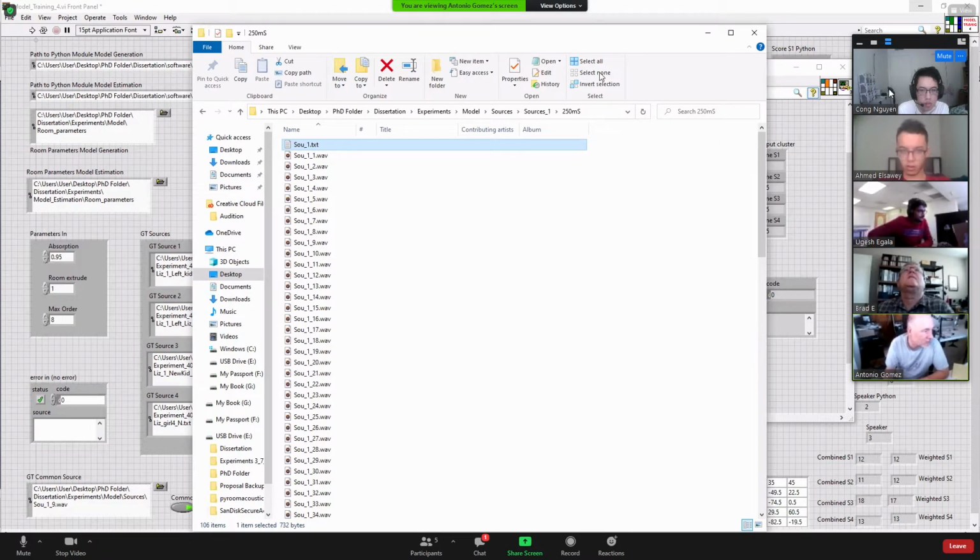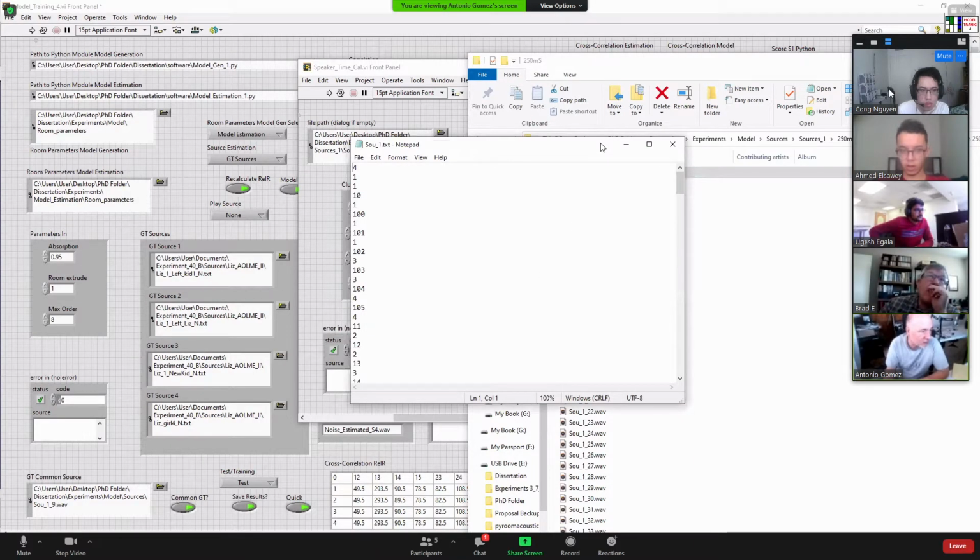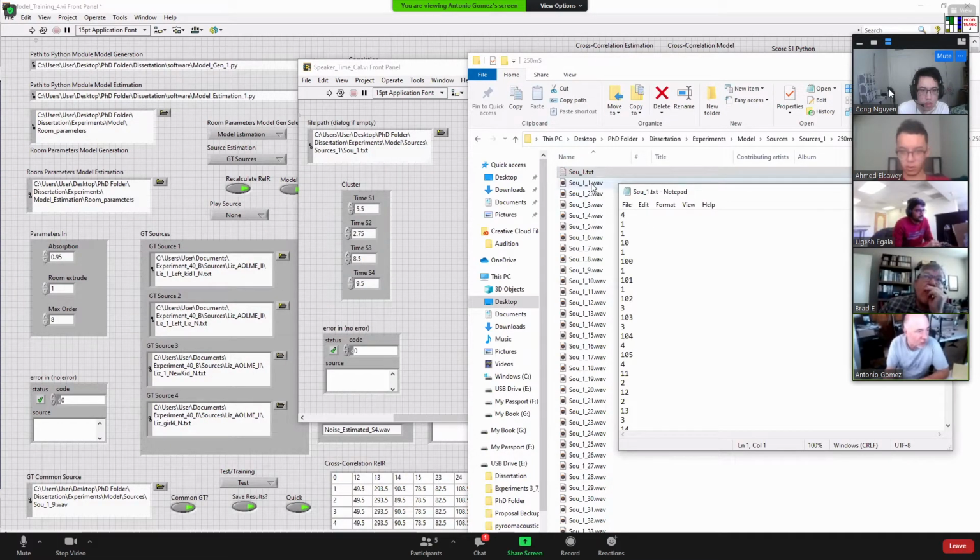It looks for segment number 1 here, and it tells you that in segment number 1 is speaker number 4. For segment number 10, it is speaker number 1. All these segments, one after the other, make the whole audio track.